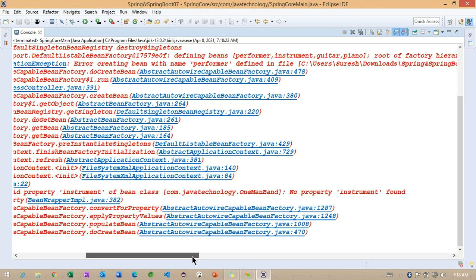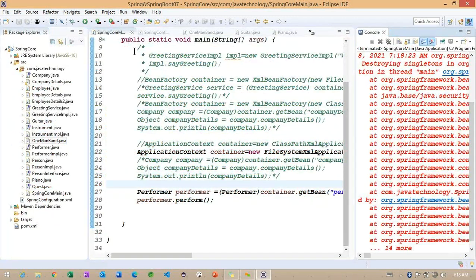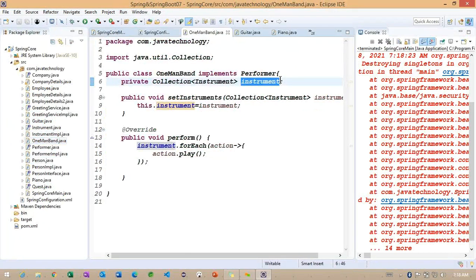No property home. Okay, invalid property exception. Okay, sorry. Here I need to work on the instruments.